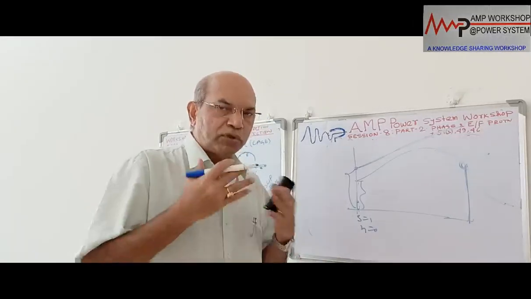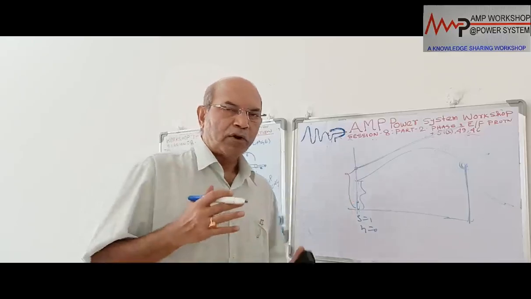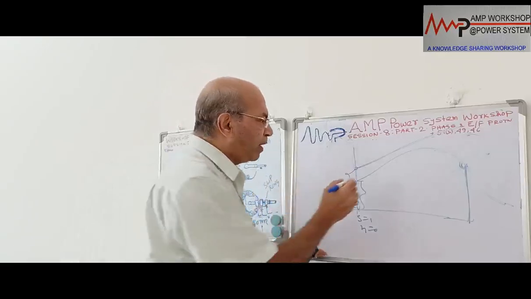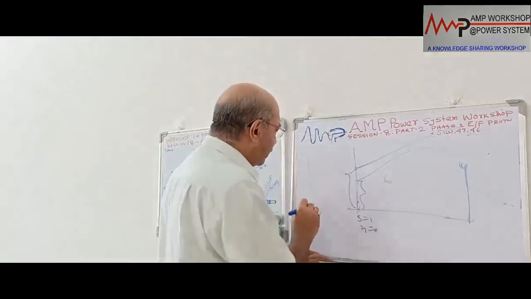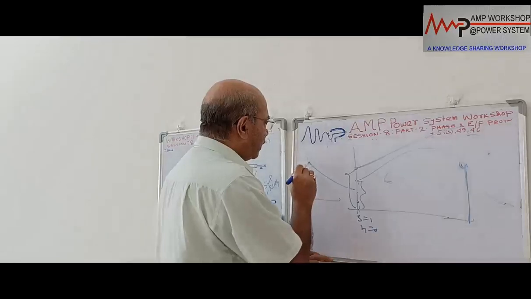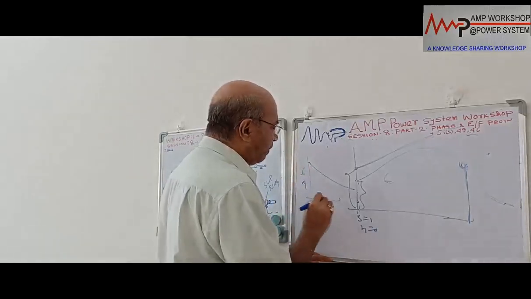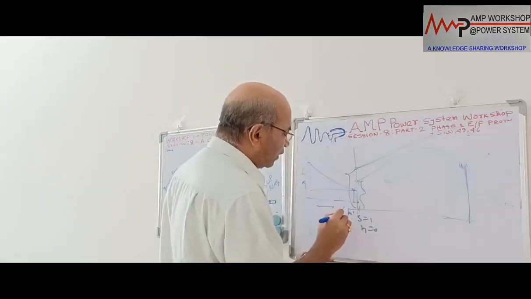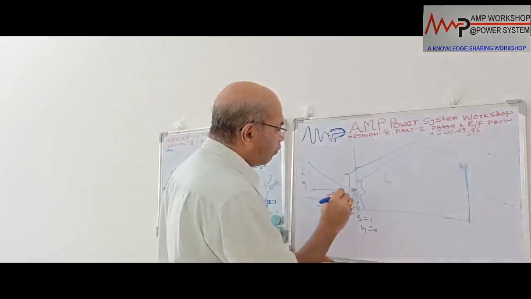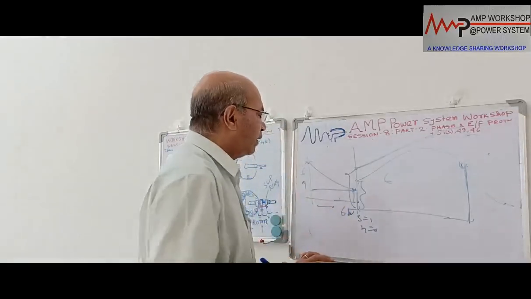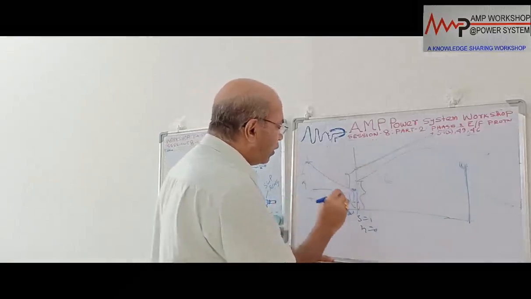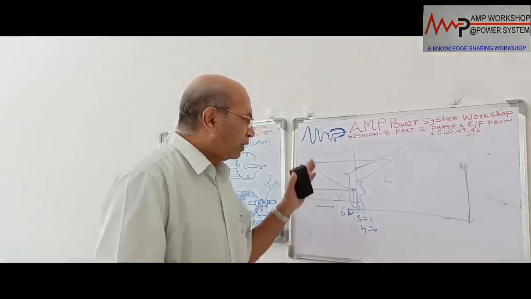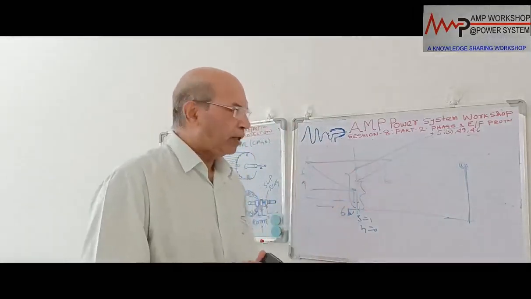The motor is drawing huge current, because during the stalled condition the motor will draw the same current as the motor starting current, about 6 times the normal current. But in normal starting, the 6 times current gradually decays. This is the starting current, this is time, and this is the full load current. Suppose the motor starting time is 6 seconds. After 6 seconds the motor will come back to the full load current. But in case of locked rotor, the current will not decrease. The current will remain at 6 times, which is more dangerous to the motor. So this is one type of standstill condition, locked rotor.